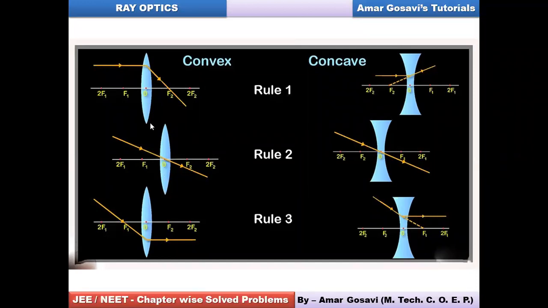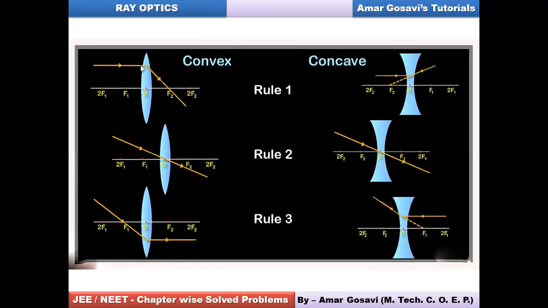The pole is replaced by the optical center over here. So let's talk about which rays: rule 1, rule 2 and rule 3. Obviously rule 1, rule 2 and rule 3 means the three rays which originate, the way they are going to move, and where they meet, they will form the image. So let's understand three rays, okay?